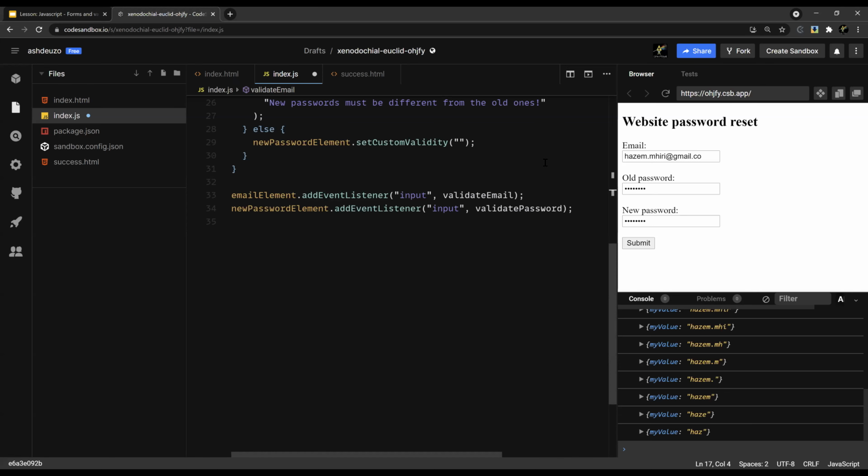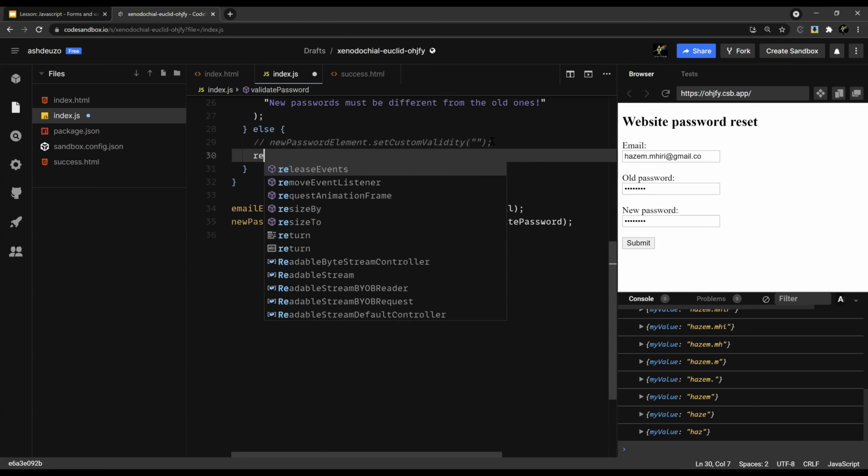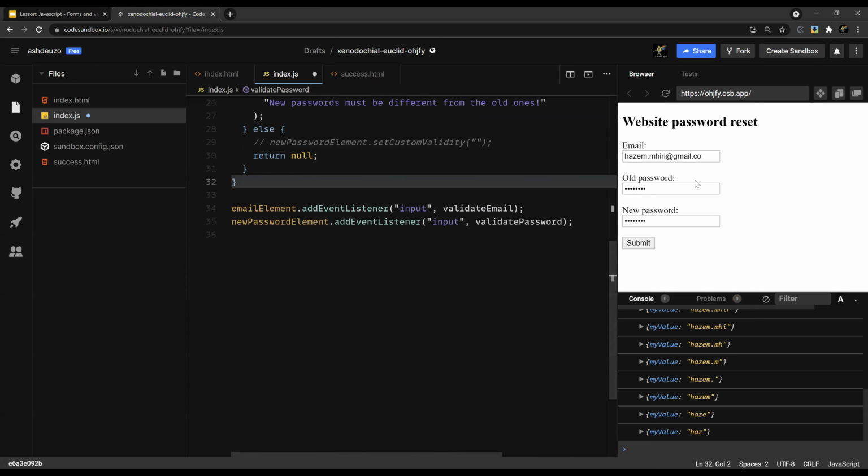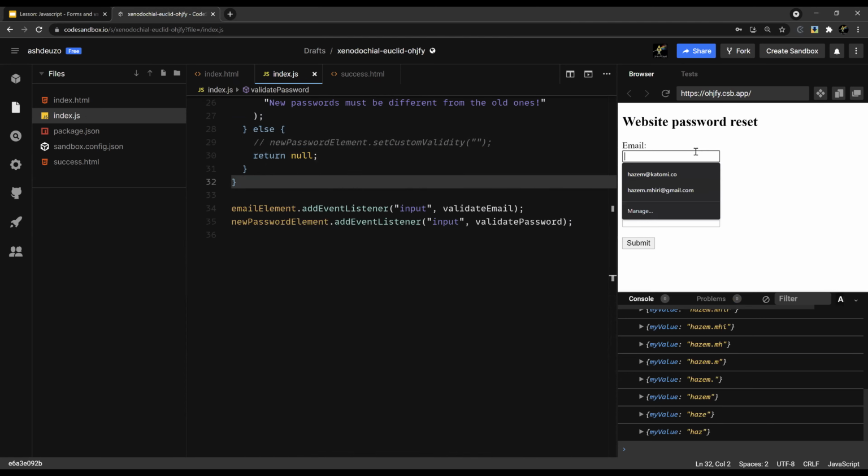Because if we don't use set custom validity, the error is not going to go. You mean this, if this is what you mean, and I guess if I did understand correctly, so you mean not use this and go with a return null here. If we do that, the error will not disappear, basically. If I go, for example, and use a banned email,